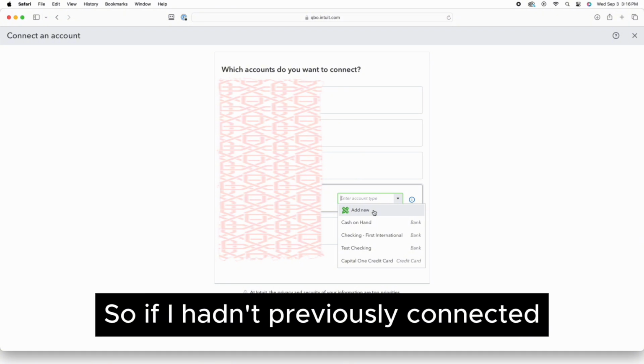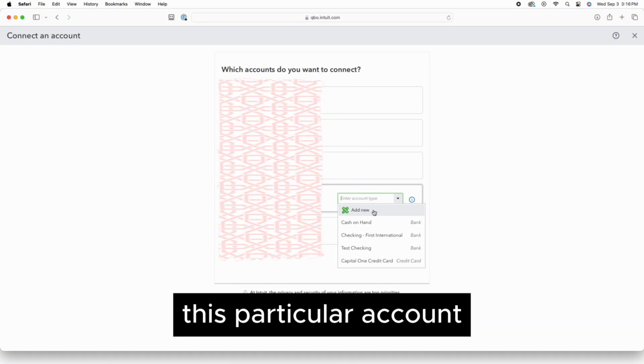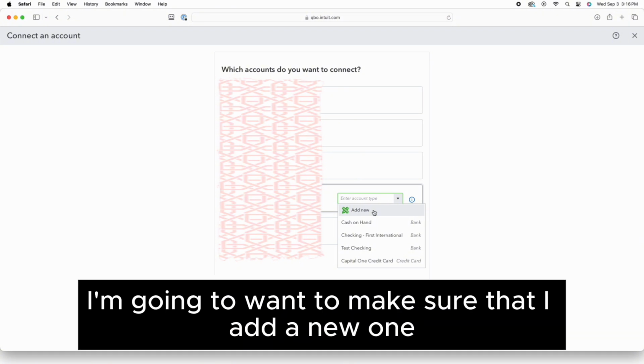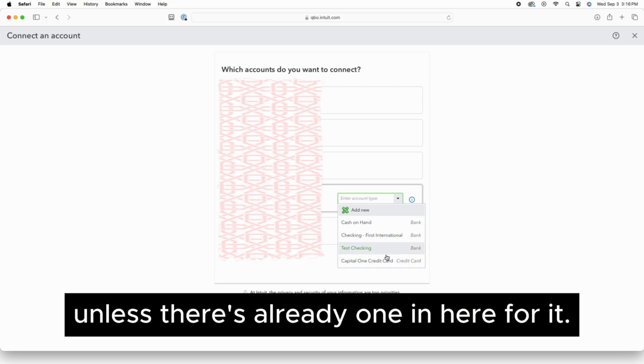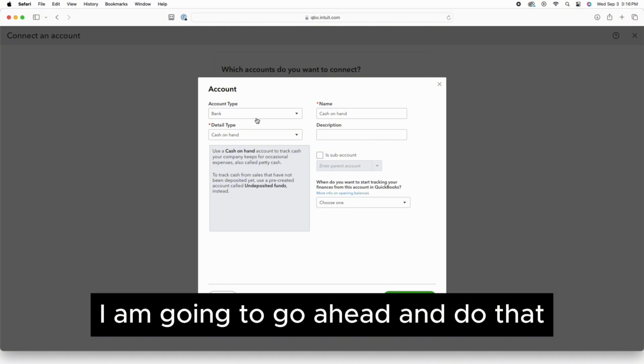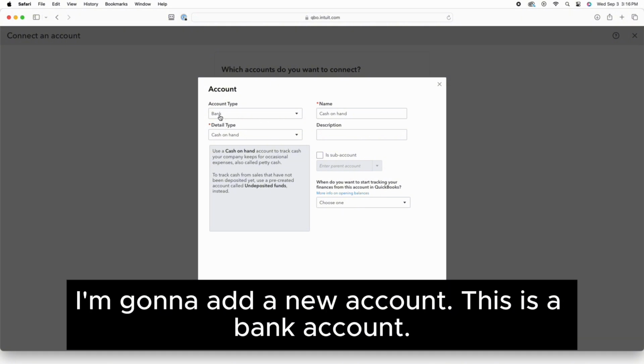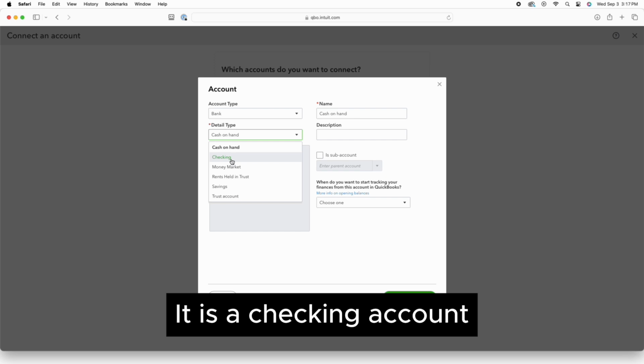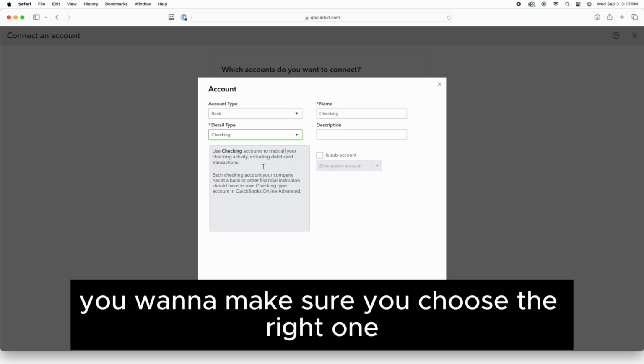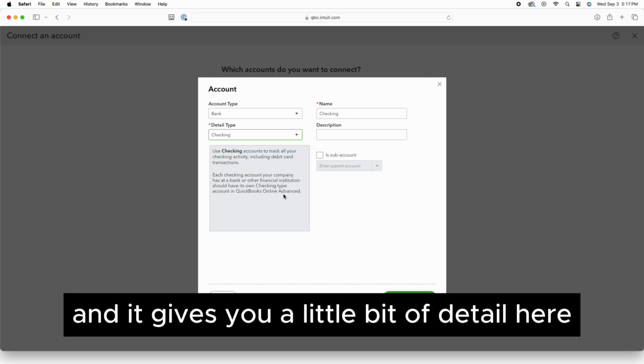So if I hadn't previously connected this particular account, I'm going to want to make sure that I add a new one unless there's already one in here for it. I am going to go ahead and do that. I'm going to add a new account. This is a bank account. It is a checking account. You want to make sure you choose the right one, and it gives you a little bit of detail here